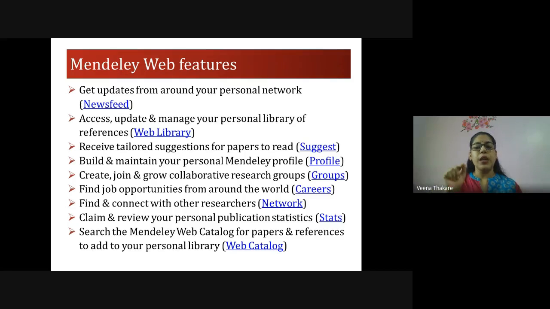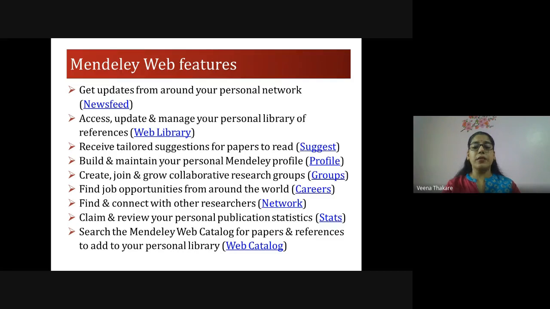So the suggest feature automatically notes down the recent searches that you have put in your Mendeley library. Suppose my topic is readers advisory, so I put that search in Mendeley, and in coming time, it will keep giving me suggestions in my app or in my library that these are new articles which have the keyword readers advisory. So that's an important feature.